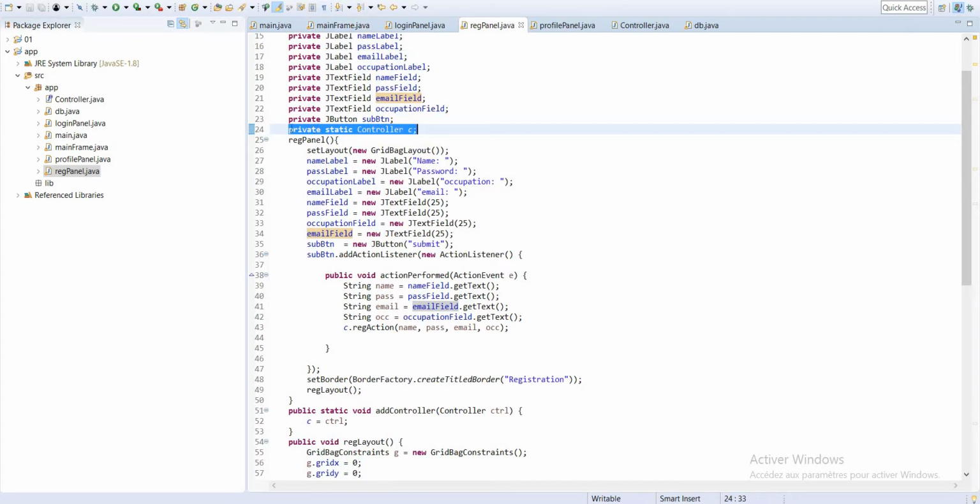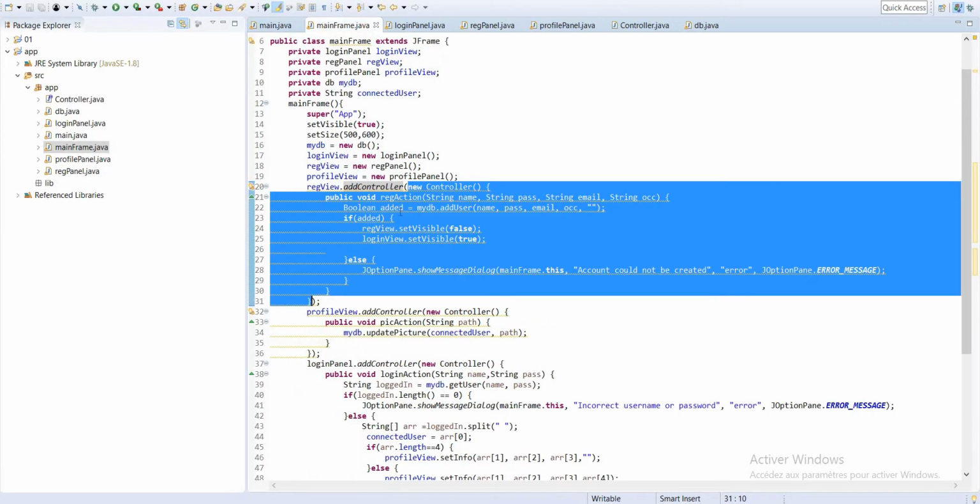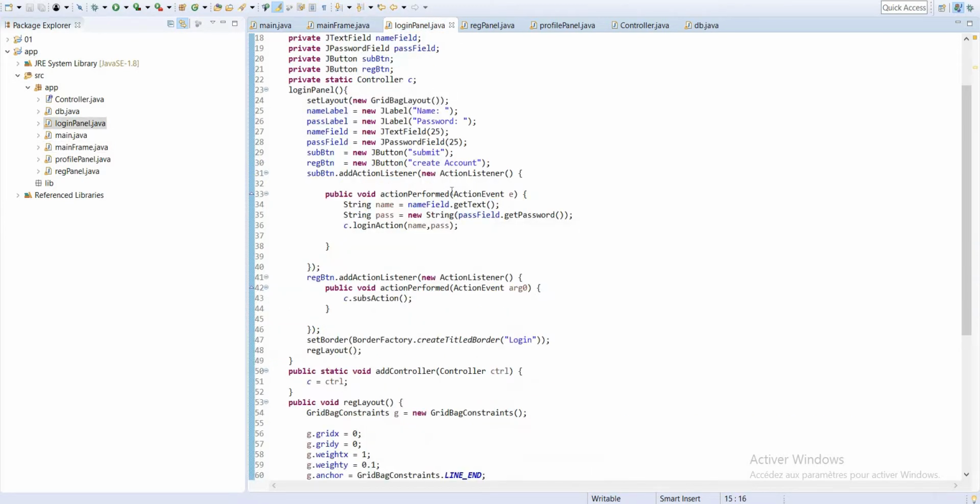So I'm having a controller, and then my add controller will set my controller to some kind of controller that I've already created here. Okay, why do I do so? Why I'm doing so? It's because if I want to, let's say I want to register a user,